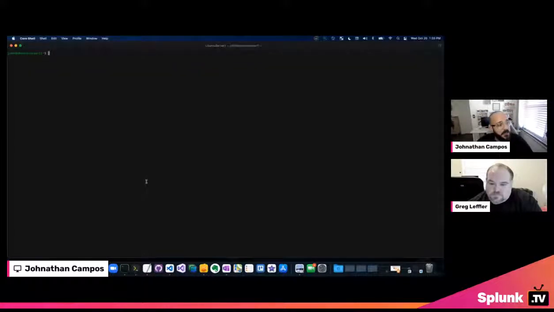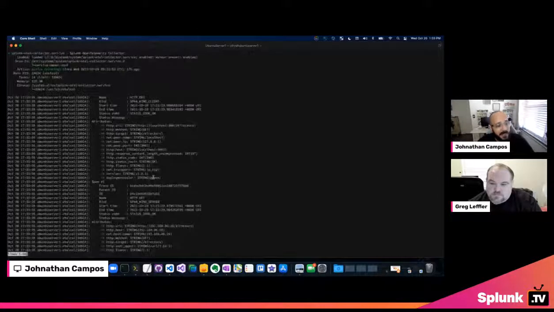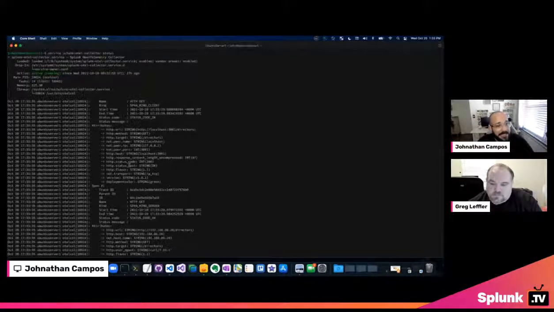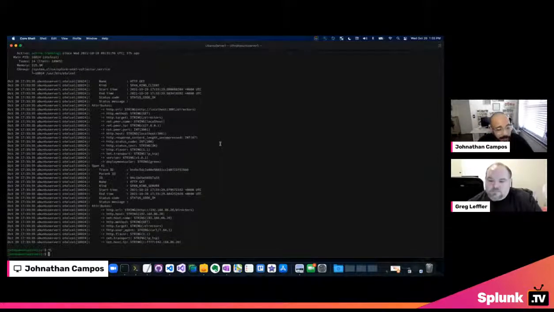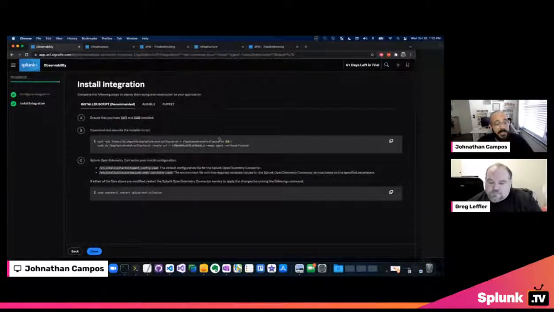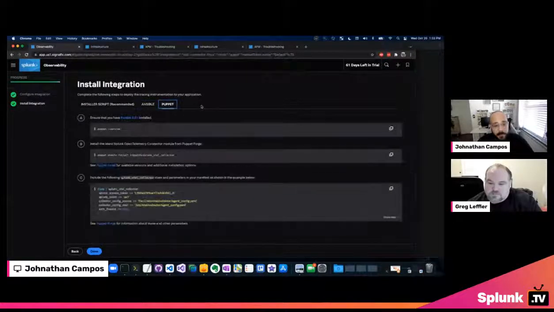And you can see here from this sandbox machine that I'm running, if we run a quick service splunk-otel-collector status, you'll see that this particular collector is installed and is absolutely receiving data from my microservices application. So that's cool. Just wanted to show you guys that, in a few seconds, you can quickly get started with monitoring Linux or your Windows environment. And you can also leverage Ansible and Puppet to, of course, deploy these particular collectors using the Splunk Observability Cloud OTel collector.